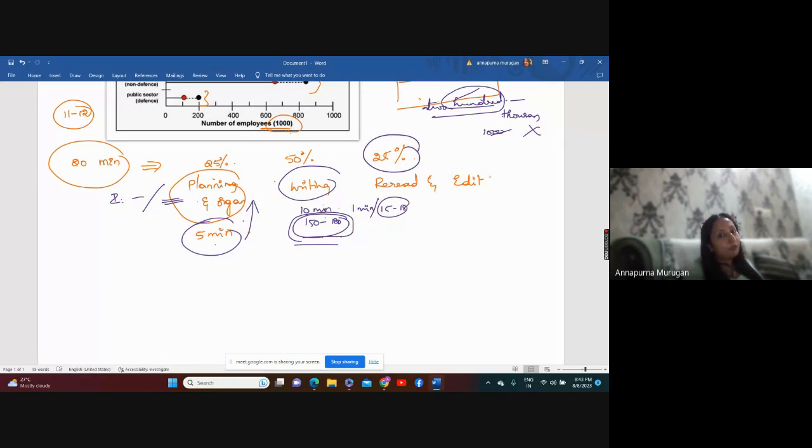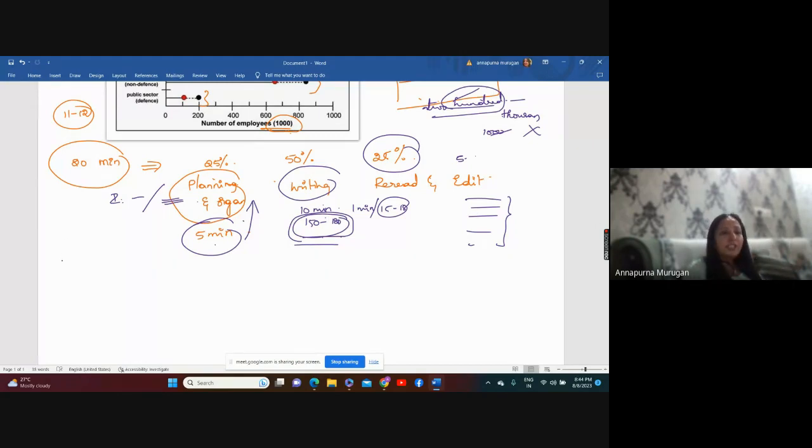Then you will have another 5 minutes for what? You will reread. You will correct yourself. You will try to edit wherever there are spelling mistakes. If you have mistakenly presented some wrong data, or anything repeated, you will edit that. That means you are doing the complete thing here. Complete writing is done here.